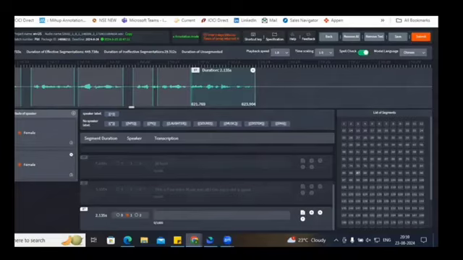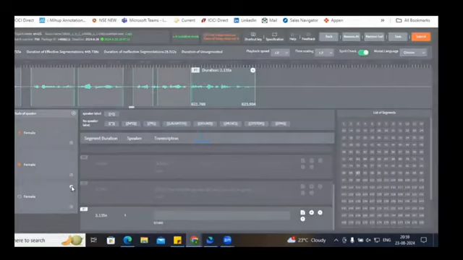Now the next step is that here there is an option, you can see speaker number 1 and speaker number 2, and here you can see an option for plus. When you click on plus, you will get speaker number 3, and when you click plus again, you will get speaker number 4. Whatever number of speakers there are in your audio, you have to add all those speakers here.